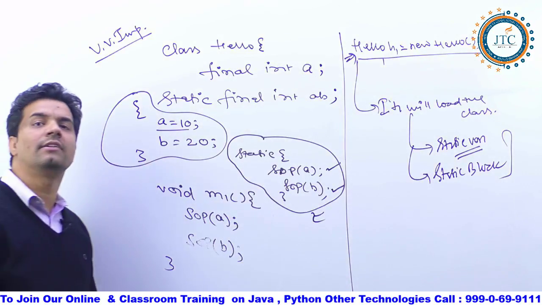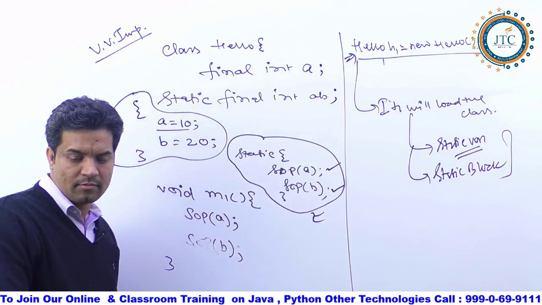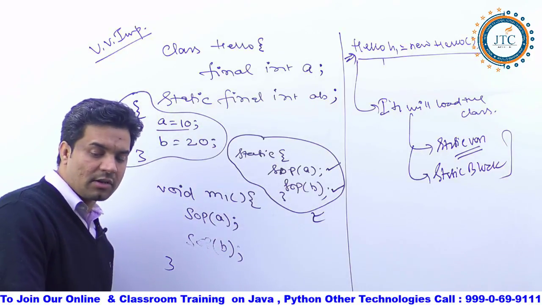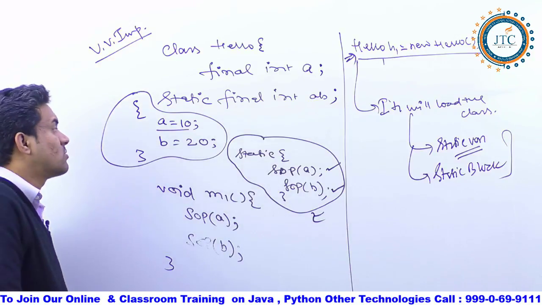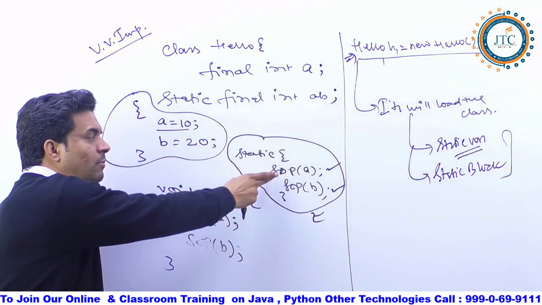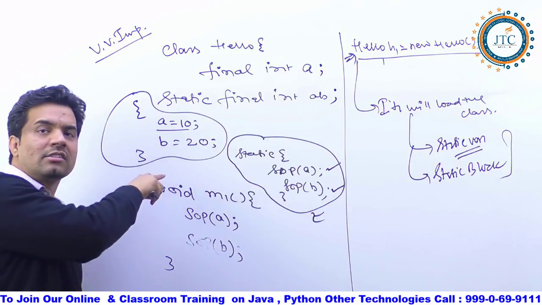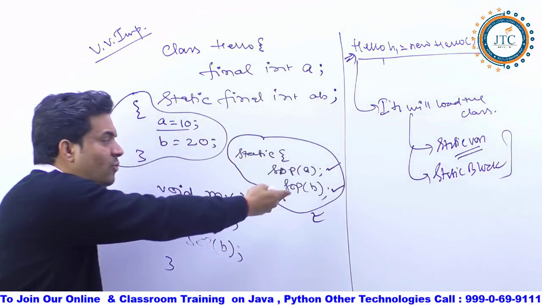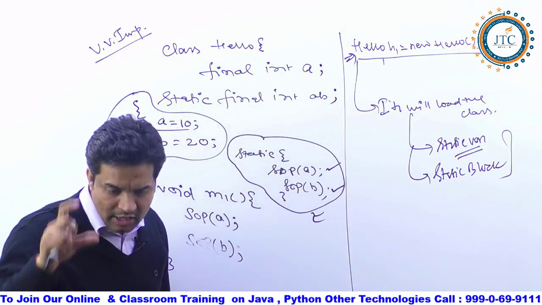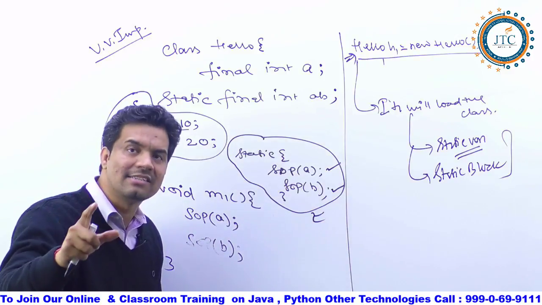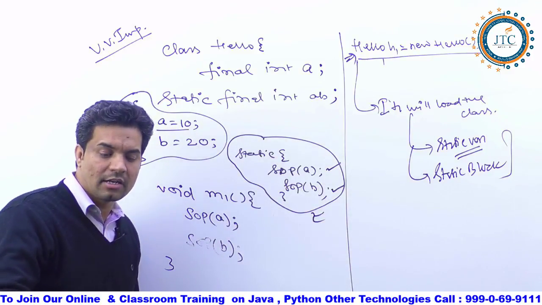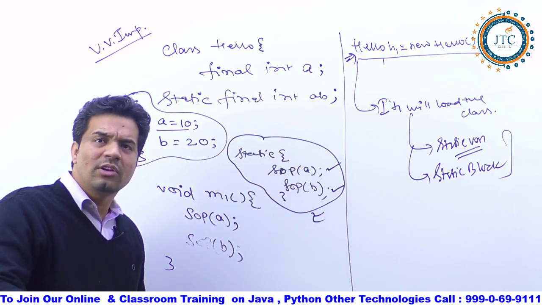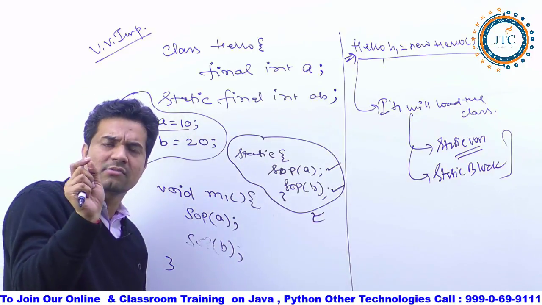This you should understand very clearly. The very first thing that is going to be done is that it is going to complete the static block first, then the instance block. So still it has not been initialized, so we cannot use it. Are you getting my logic? Guys, please comment in the comment box. Are you understanding what I'm saying? So in this case also, don't you think it is going to give an error?